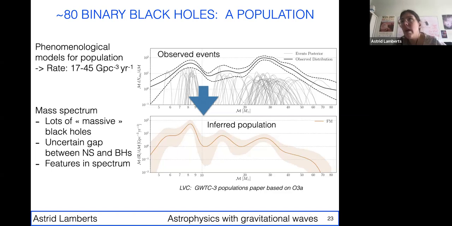So with LISA, triples can probably be found by a signature of a third object. But otherwise, I think it's more of a population thing, where the masses of the objects would be slightly different in a triple than in a binary. The time scales of evolution might also be quicker.